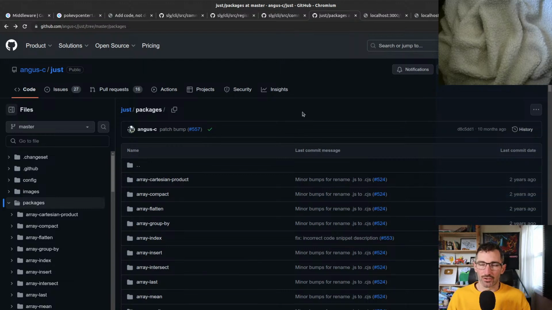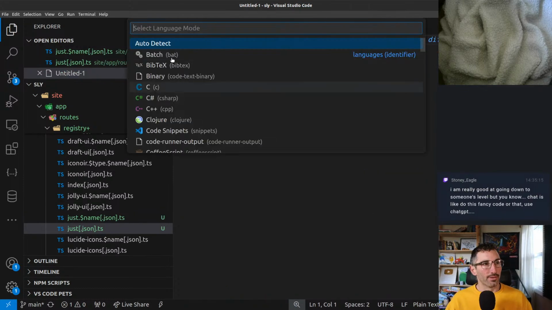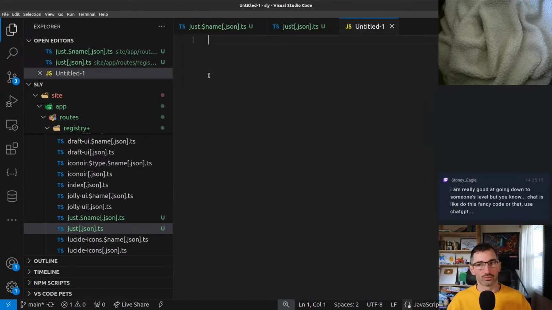If the challenge is loops specifically, I would simplify down everything else, like all the variables, and do just looping from the number 1 to 10, right? So let's do something like that. You're really good at going down to someone's level, but